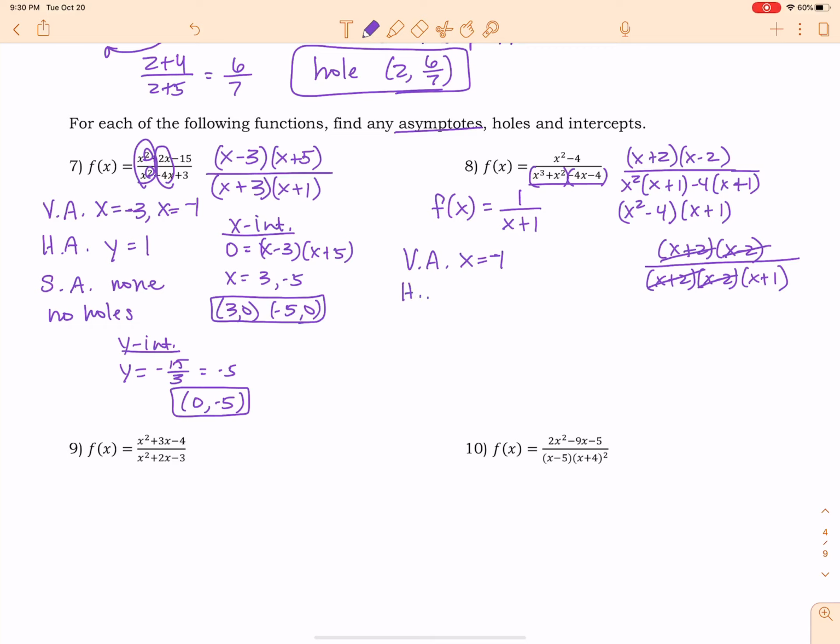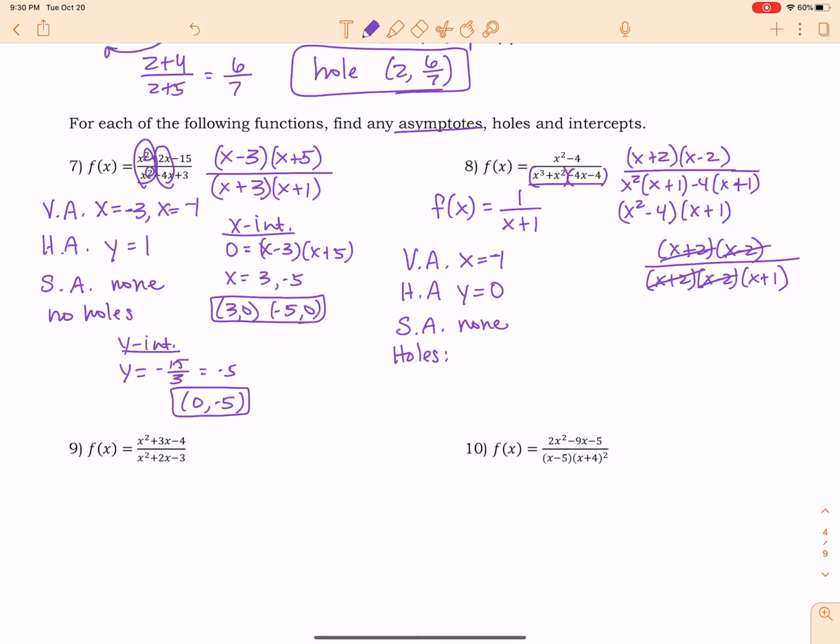I've got a horizontal asymptote at y equals 0 because the degree in my numerator is less than the degree in my denominator. This means I will not have a slant asymptote,